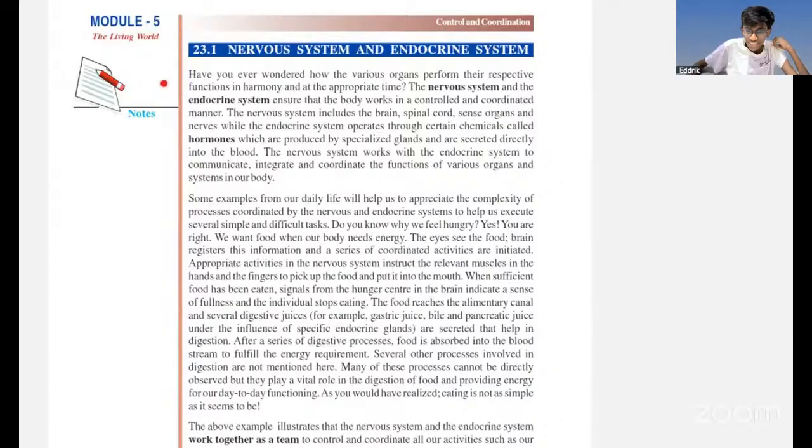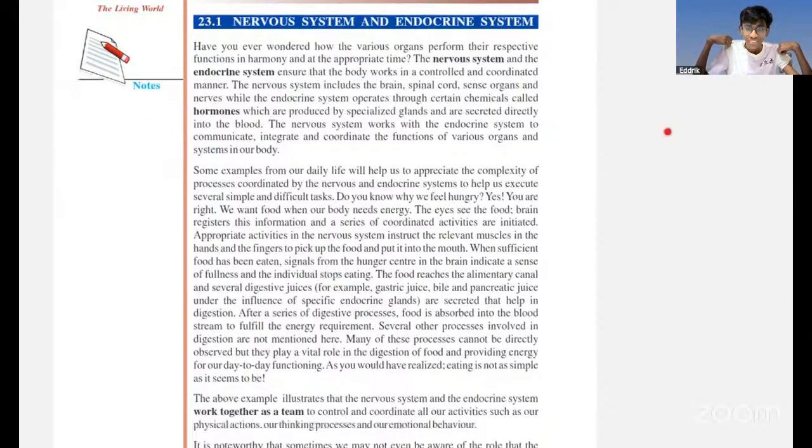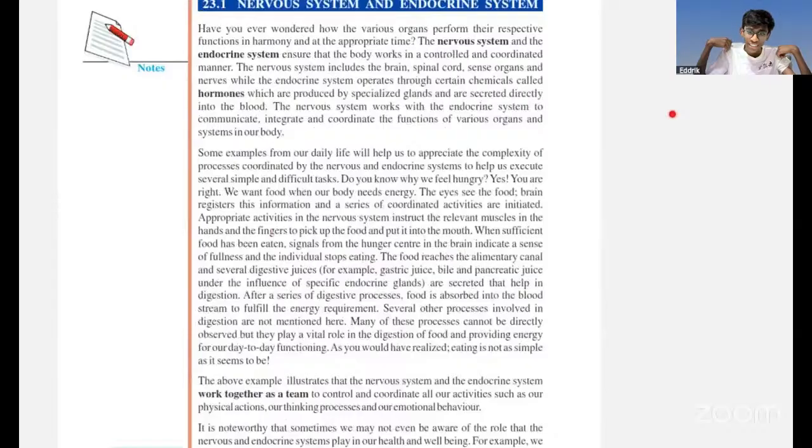23.1 Nervous system and endocrine system. Have you ever wondered how the various organs perform their respective functions in harmony and at the appropriate time? The nervous system and the endocrine system ensure that the body works in a controlled and coordinated manner. The nervous system includes the brain, spinal cord, sense organs, and nerves, while the endocrine system operates through certain chemicals called hormones, which are produced by specialized glands and are secreted directly into the blood. The nervous system works with the endocrine system to communicate, integrate, and coordinate the functions of various organs and systems